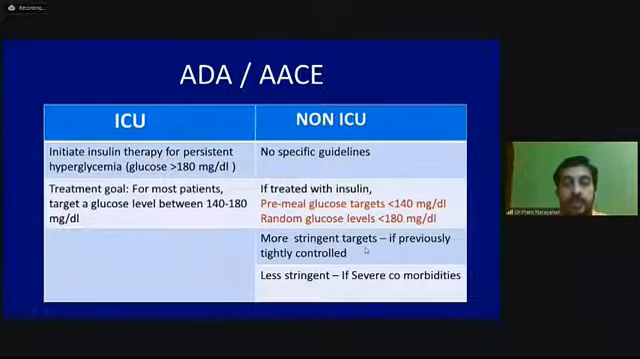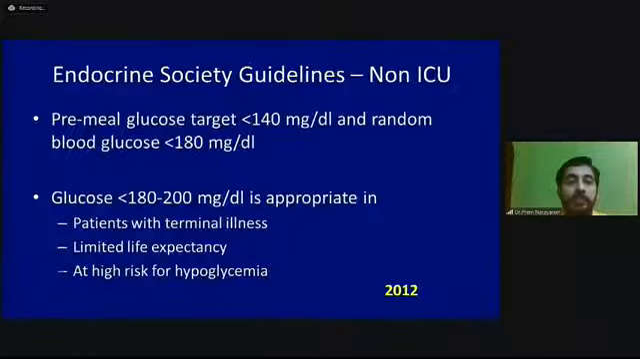More stringent targets can be adopted if the patient was previously tightly controlled at home. If the patient has multiple or severe comorbidities, as in our patient, then less stringent targets may be given. Next, another important guideline is from the Endocrine Society. They did comment on the ICU setting, but they also gave guidance